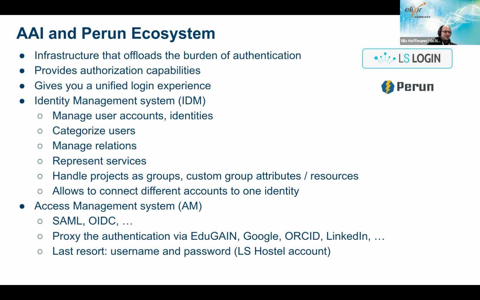But they often don't have access to their own old mail account anymore. And that's really an issue, of course, if they use that as a primary means of authentication. And this is where Life Science Login is actually quite nice to Perun, because you can add a second identity or even more identities to your account. And that allows you to log in using, for example, ORCID, while your original account was basically from your university, for example.